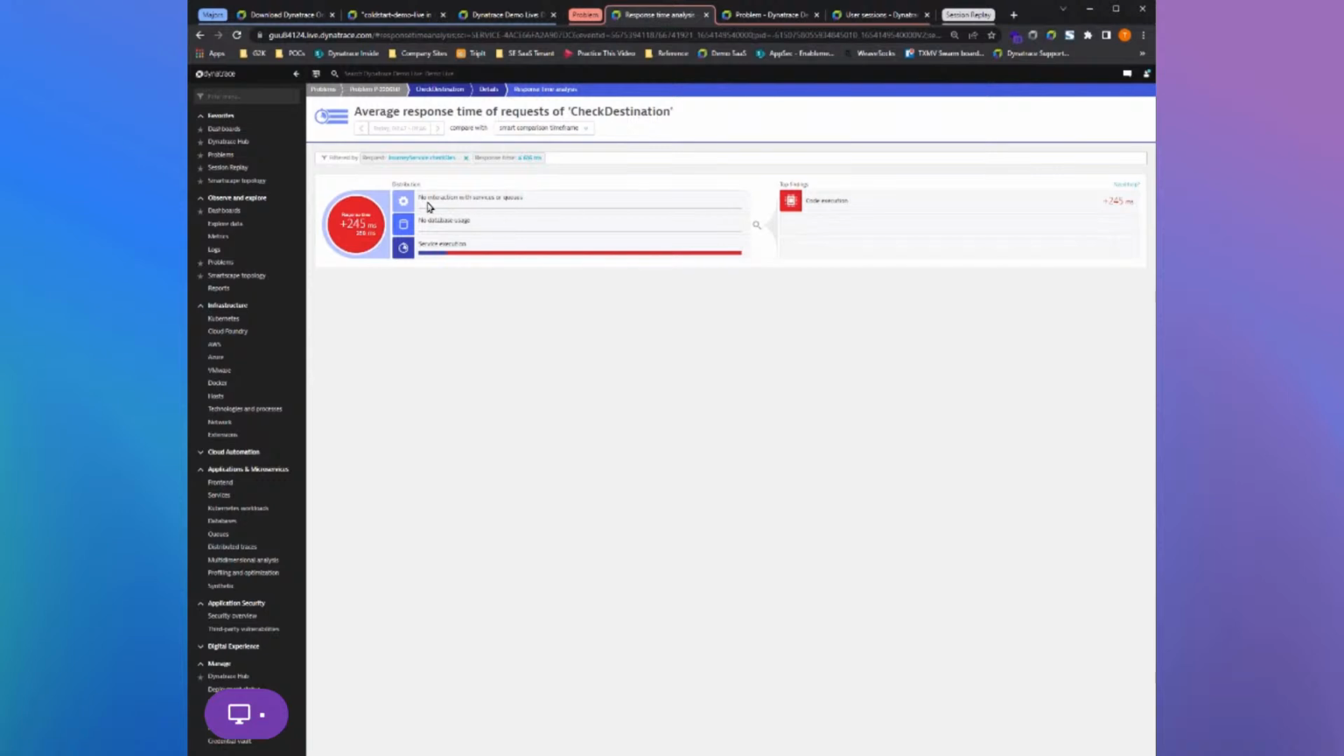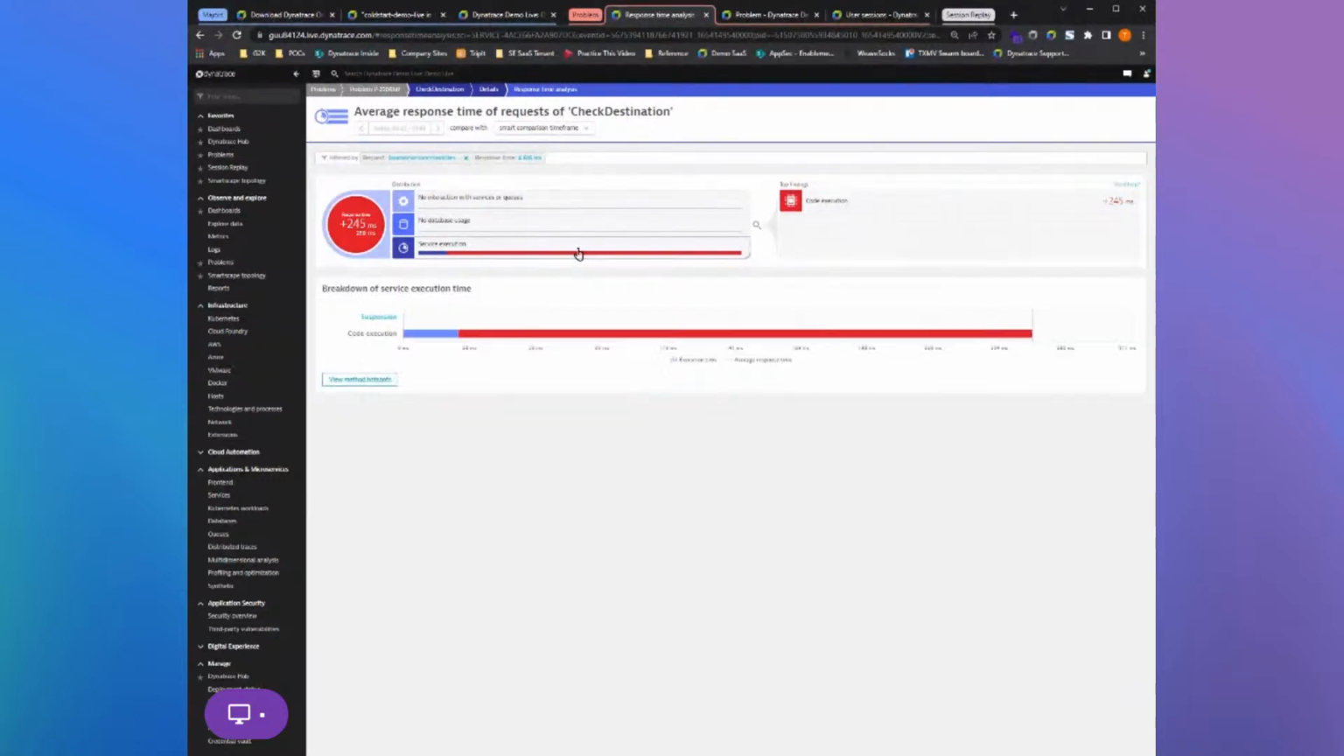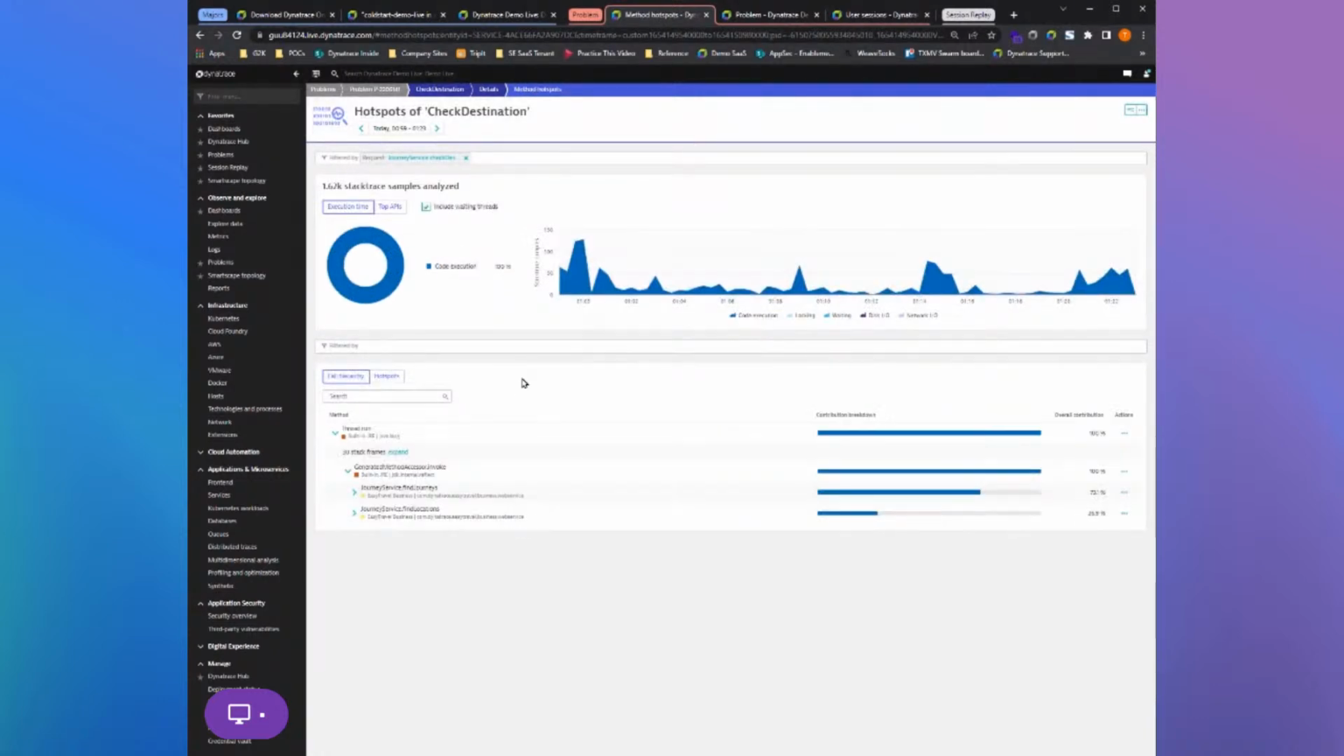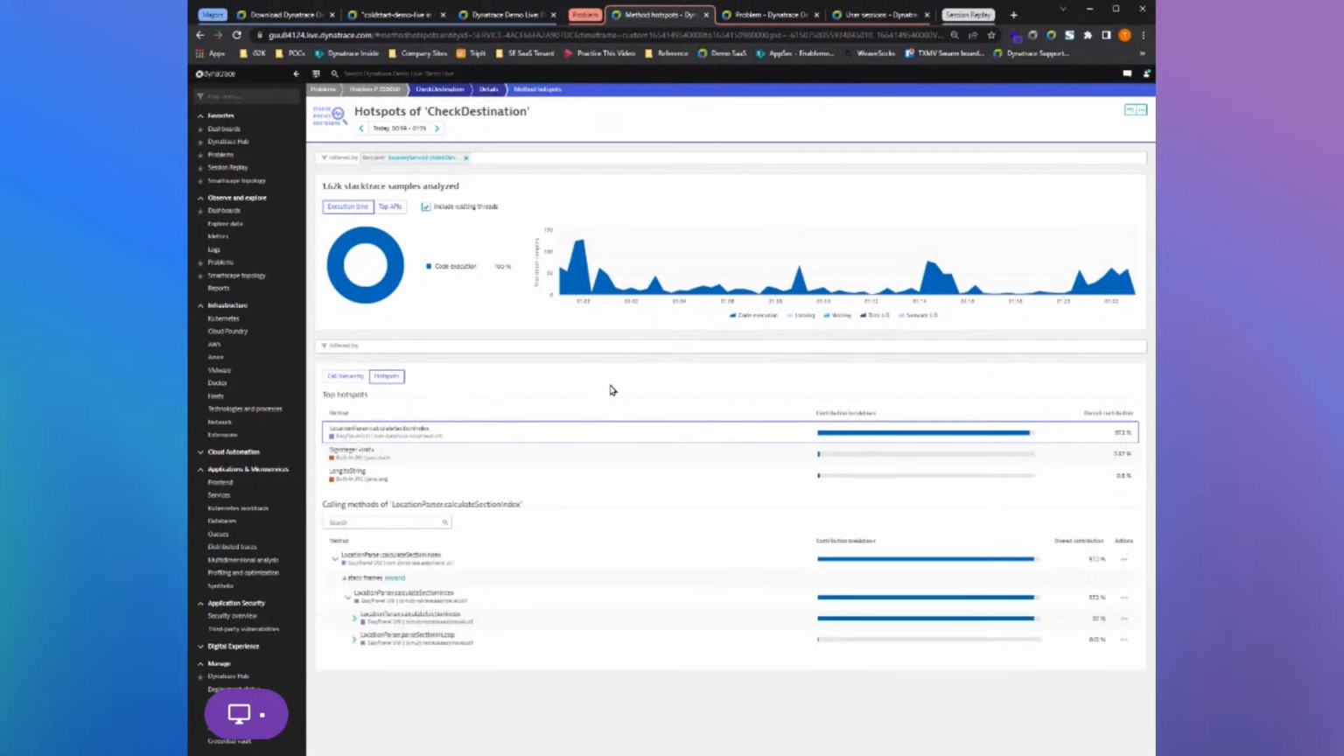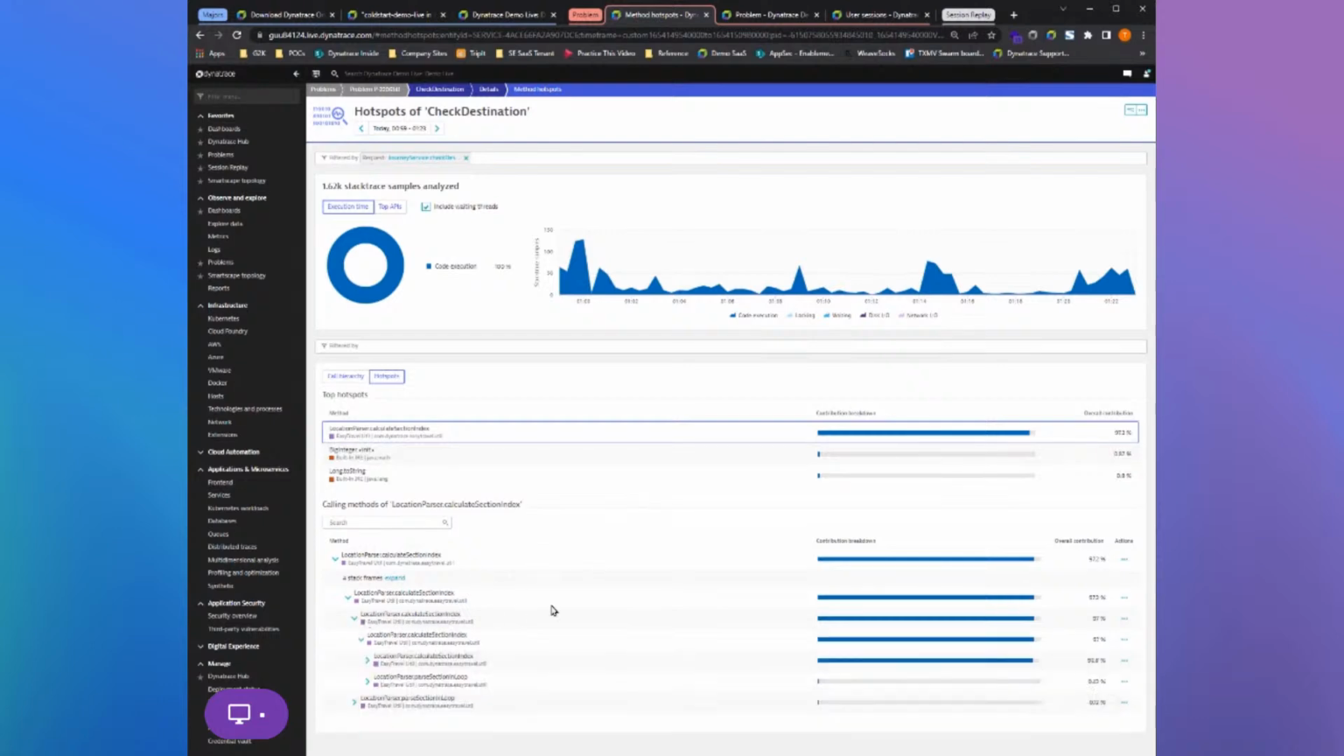There isn't any database usage. It's not interacting with any services or queues that is causing this problem. So if we open up the service execution and we look at the method hotspots, we can dive in and see what's causing this problem. Now, it's identified 3 hotspots. 2 of them are built in, so we're not going to worry about those. Plus, they're contributing very little to the poor performance. But if we look at this calculate section index, and it's got it selected down here,